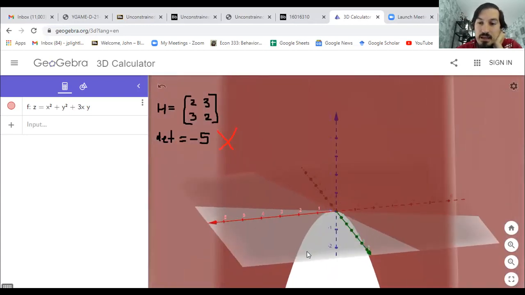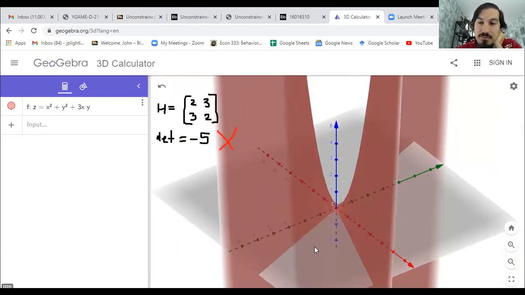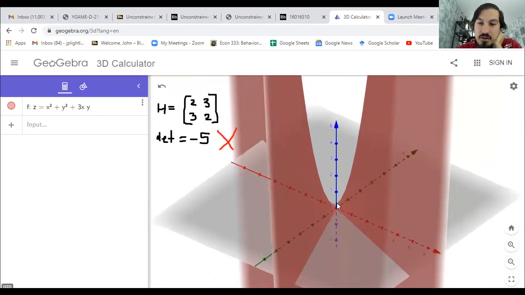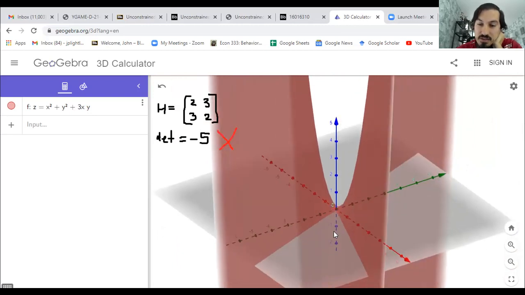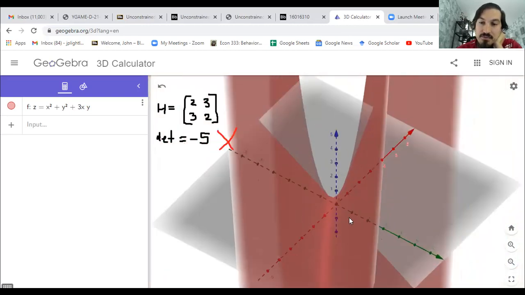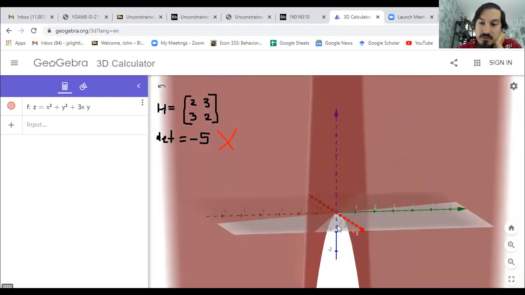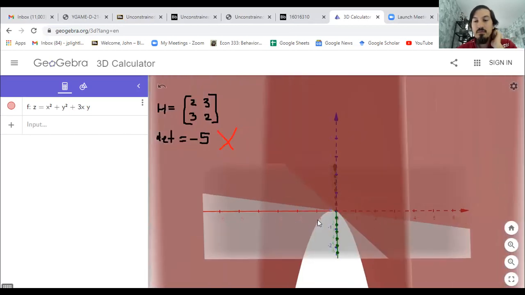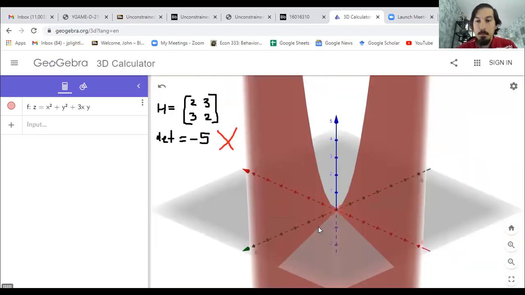Okay. Like if you're trying to minimize pollution or something, you think, okay, the lowest pollution we can get is here at this 0, 0. Well, that's not true. I don't know if you can tell, but it definitely goes down into the negative values here. Okay, so the lesson is this Hessian matrix